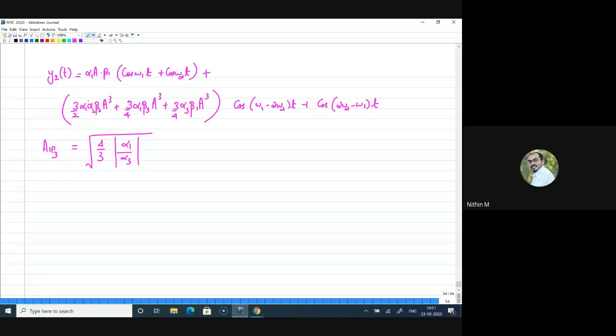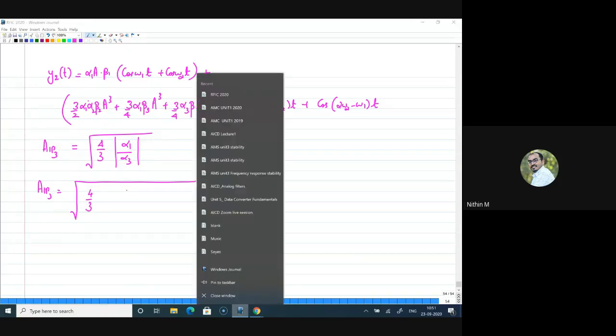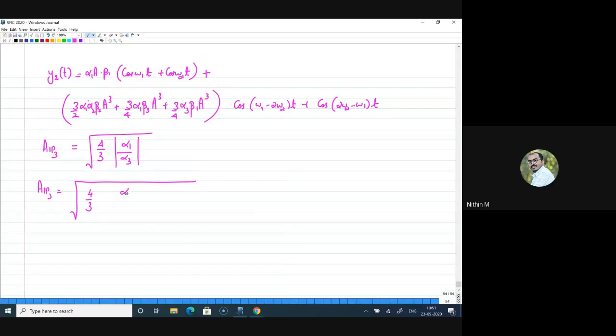Right. So if I do that here, we have done this yesterday, but I'll write directly from here. So under root of, it is 4 by 3 into, in the numerator, what should I write? Numerator term should be alpha 1 beta 1 divided by, denominator term should be alpha 3 beta 1. Am I making any mistake here?